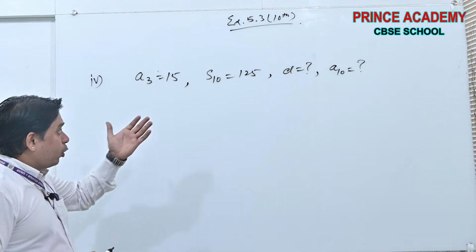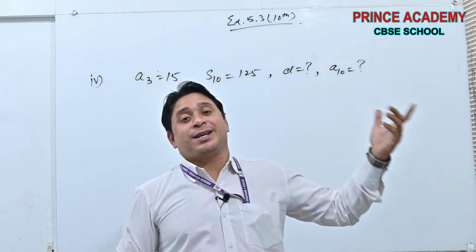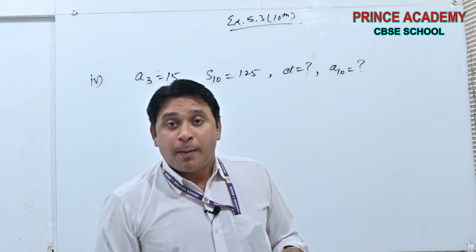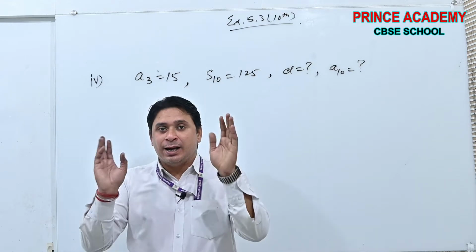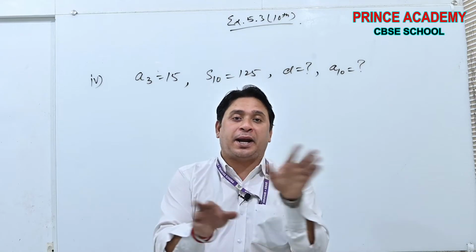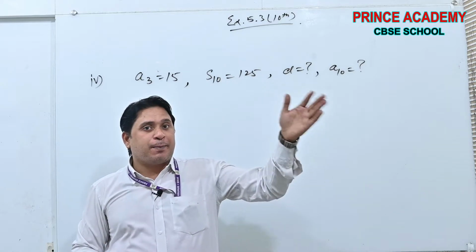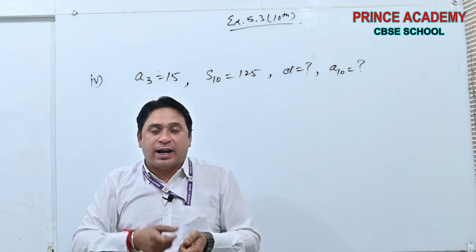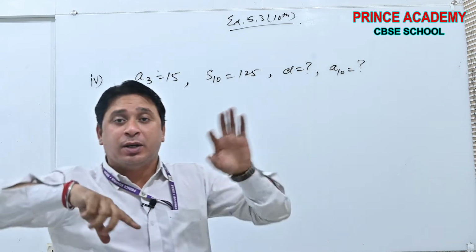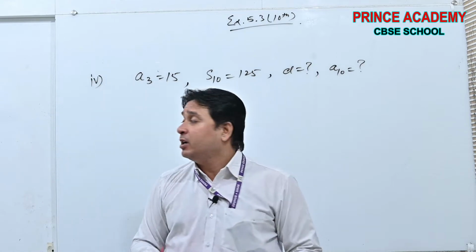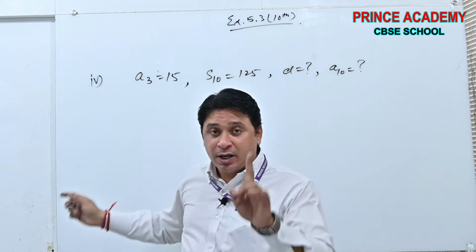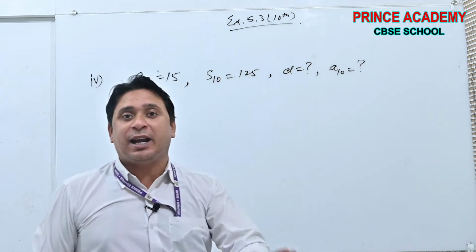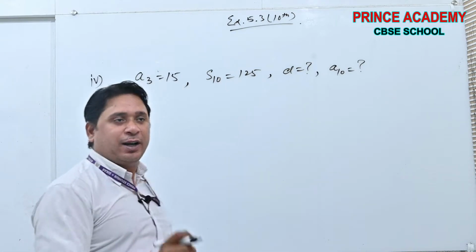See, beta, these are questions similar to the questions we discussed in exercise 5.2, where we prepared two equations and then solved by subtracting them. Do you know A plus 7D, A plus 6D is equal to something? Then we subtracted, A cancels A, find the value of D, and then put the value of D in the equation. Those elimination method questions, the same kind of question is this. See, once you see whatever I am doing, definitely you will get the output. Definitely you will understand the concept.